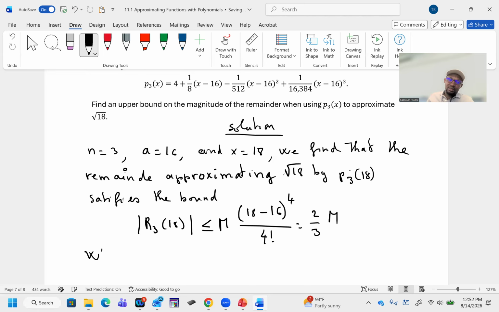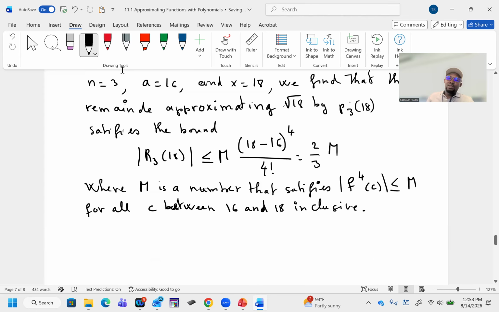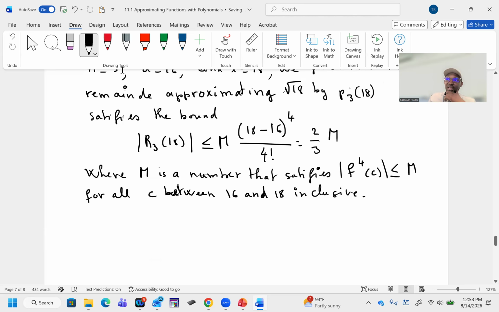right? Where M is a number that satisfies the absolute value of the fourth derivative of c should be less than or equal to M for all c between 16 and 18 inclusive, right? So we can see in this particular problem, we find that